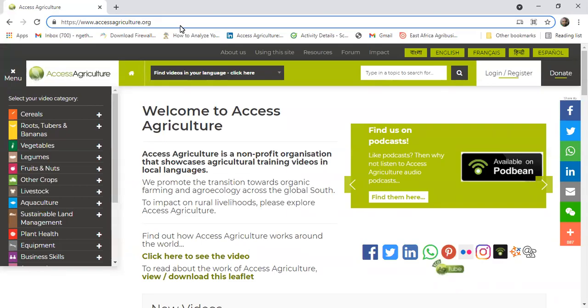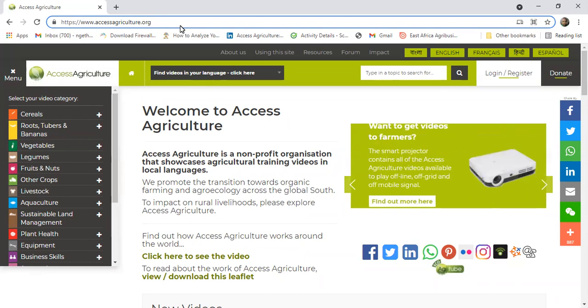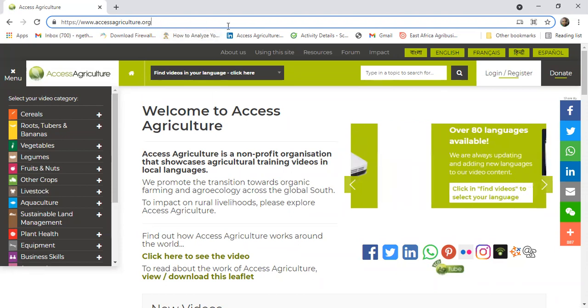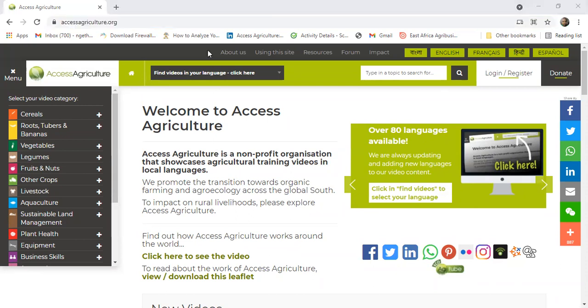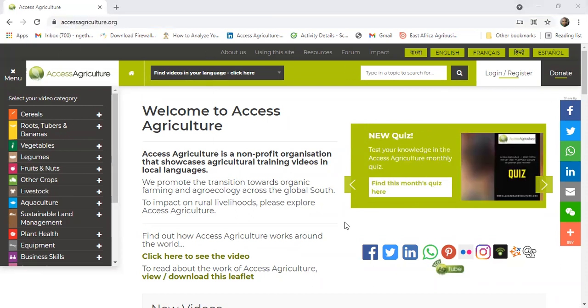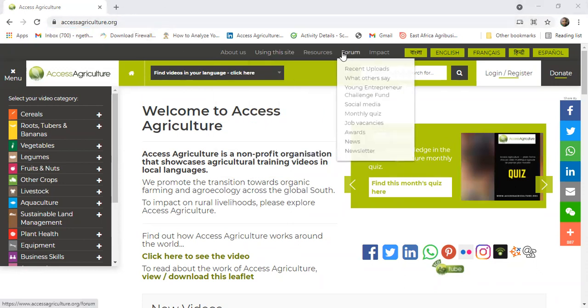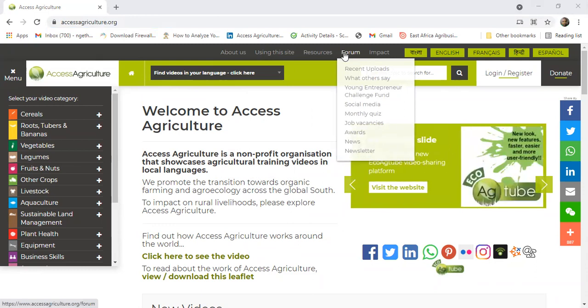To access the Rwanda Young Entrepreneurship Challenge Fund call, you just go and type in your URL, www.accessagriculture.org, and then it will bring this kind of screen. Then from there, you will go to the forum menu, and under the forum menu, you go to the Young Entrepreneurship